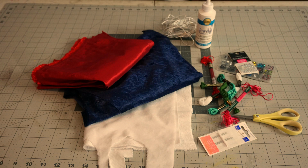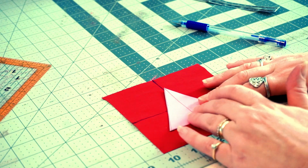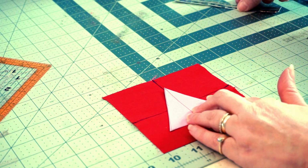I also used some trim that I had sitting around left over from another project, and stuffing to fill out the little pillow shape, although there are different ways to finish it, and I did use recycled stuffing from an old pillow. I cut my taffeta into a 5-inch square and marked my center point by drawing lines across at